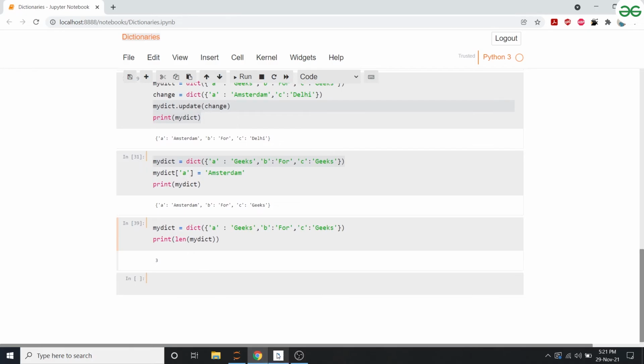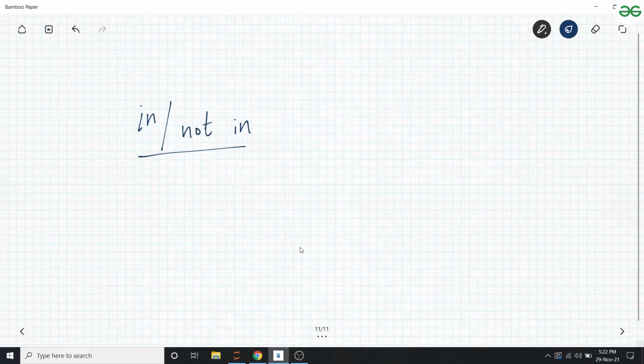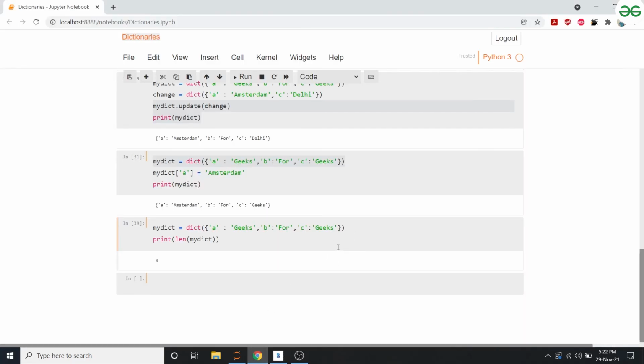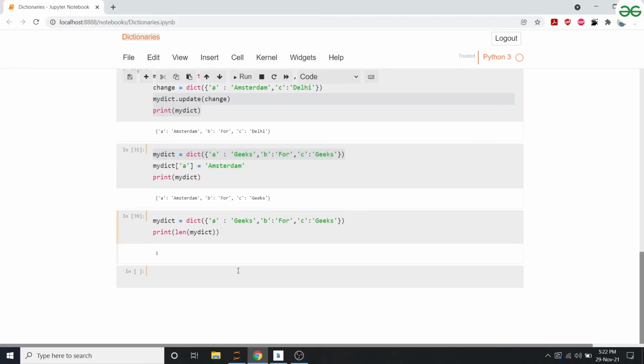Okay, so before we end the lecture, there is one very important topic that I'd like to discuss, that is creating a dictionary using the zip function. Now this is unorthodox and you probably won't need it, but still a little bit of extra knowledge goes a long way. So for example, I have 2 lists.